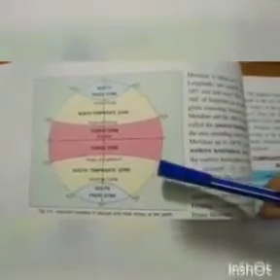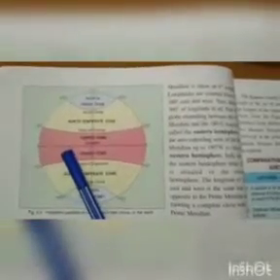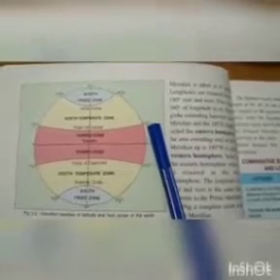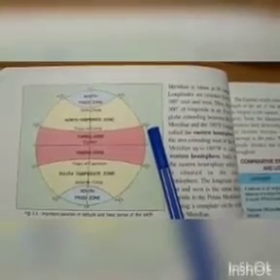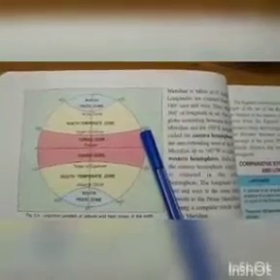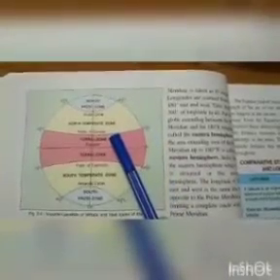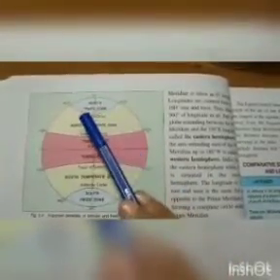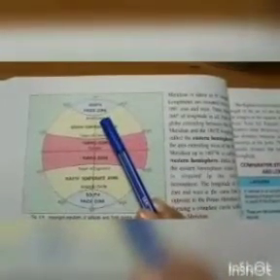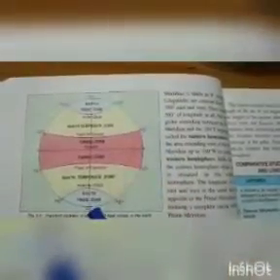Now come to the important parallels of latitudes. One important parallel of latitude is 0 degree, that is the equator. Then we have 23.5 degree north latitude, that is the Tropic of Cancer. So 23.5 degree north is also known as Tropic of Cancer. Then we have 66.5 degree north latitude, which is also known as the Arctic Circle. Clear? This is the North Pole and this is the South Pole.